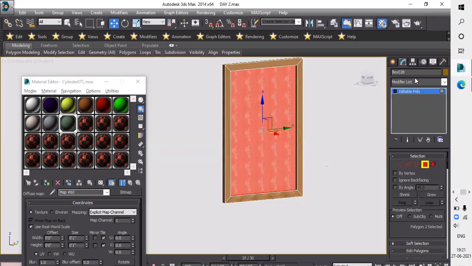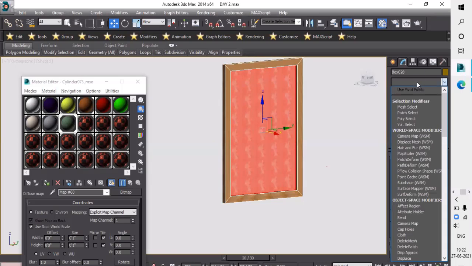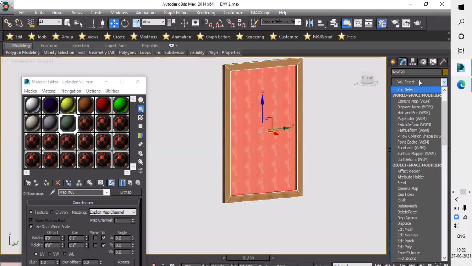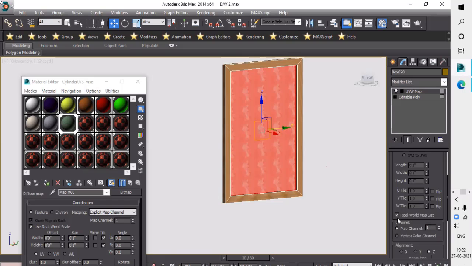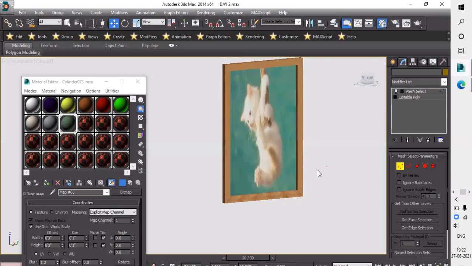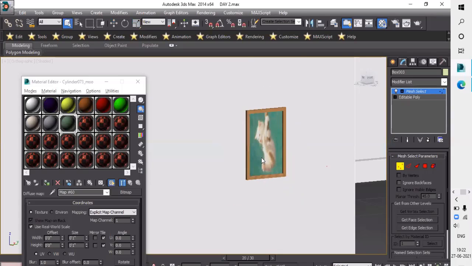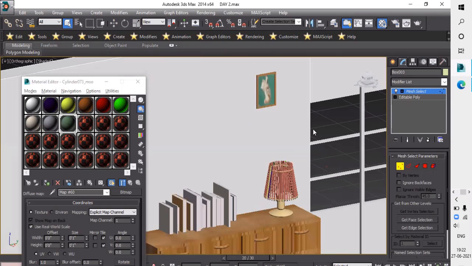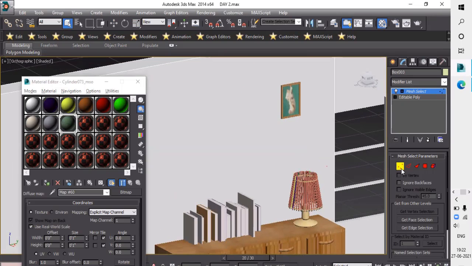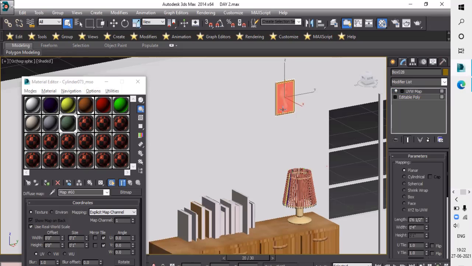So go back in the modify list, type UVW and take UVW map. Like all the texture gets planar here, and uncheck the real world map. Do you see this one? It's a little cute cat here. Uncheck it and place it as you want.